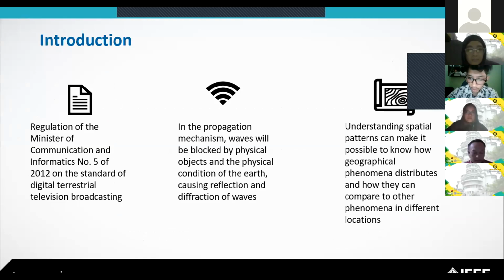In 2012, through regulation of the Minister of Communication and Informatics number 5 of 2012 on the standard of digital terrestrial television broadcasting, free-to-air reception adopted the European standard of digital terrestrial television broadcasting, namely Digital Video Broadcasting Terrestrial Second Generation, which replaces the Digital Video Broadcasting Terrestrial standard. The digital television broadcasting revolution is a great opportunity to do many things limited by technology, research, finance,